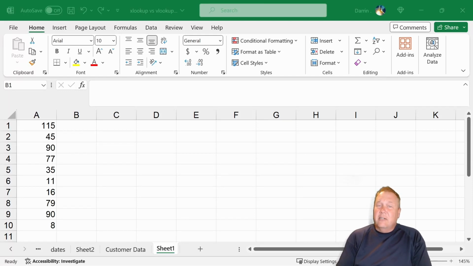Today we're going to try something a little different. We're going to run a head-to-head competition between VLOOKUP and XLOOKUP. VLOOKUP, I've said, is one of the most powerful functions in Excel, and XLOOKUP, I've said, is more powerful and